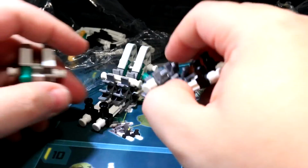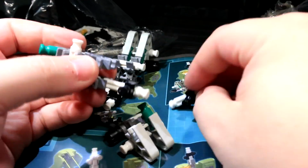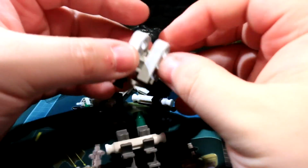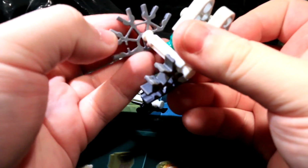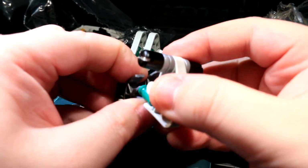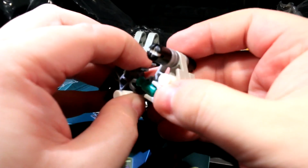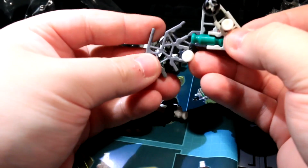Alright, so they want you to just push this stuff together. Number one, you can't. Number two, these two things will fly off no matter what you're doing. The way this has to go together is you pull this piece off, stick this on here, and then you can kind of BS your way into getting this gray piece onto the white thing and the green thing at the same time. Yeah, like up here. I'm gonna take this green thing out. Oh, I can't now, can I? Okay. Well,